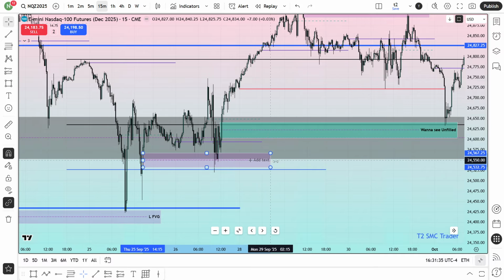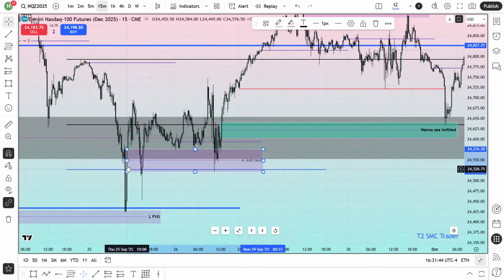This line is with this 15-minute last fair value gap. Again, you can use this last fair value gap if you want. I don't have any problem around here and there. Okay, you can see this last fair value gap from that specific leg. This was the last fair value gap. So you can use this last fair value gap if you want, but I was really interested to mark this one